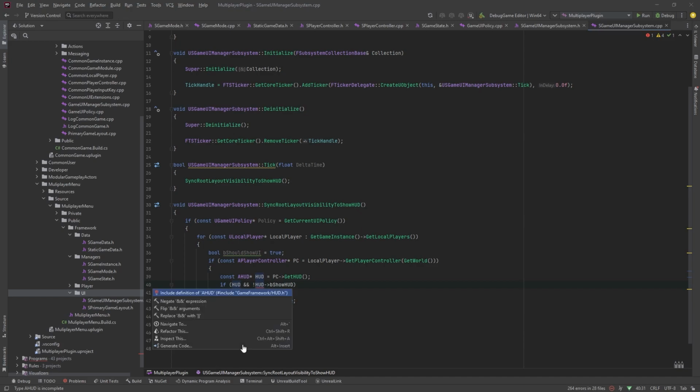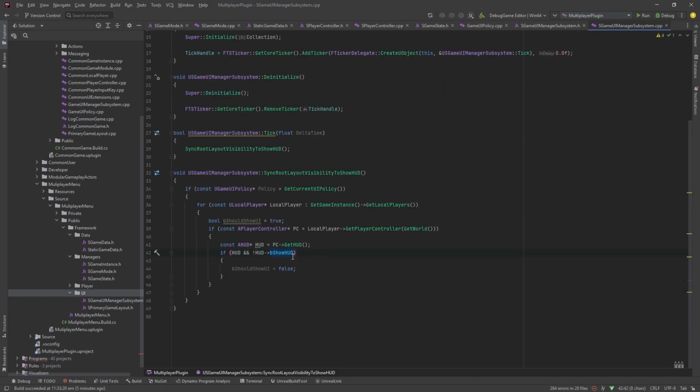It's going to need an include for the HUD class. The HUD class has a should show UI function, and I'm guessing there's some sort of timing stuff so it only shows the HUD when it should be showing the HUD and things like that. That's why they're interfacing with that class to check it. Once that's assigned, whether it ends up being true or false doesn't matter. We can then look at displaying the primary game layout,